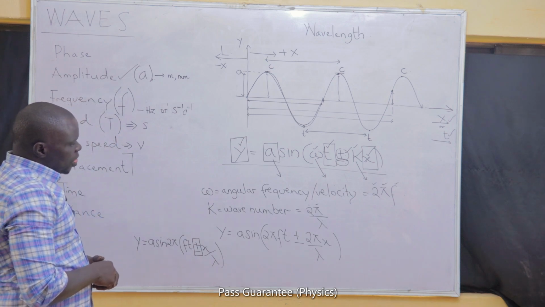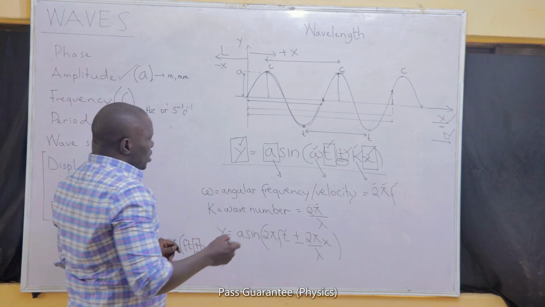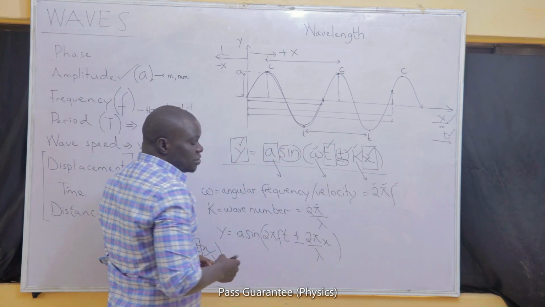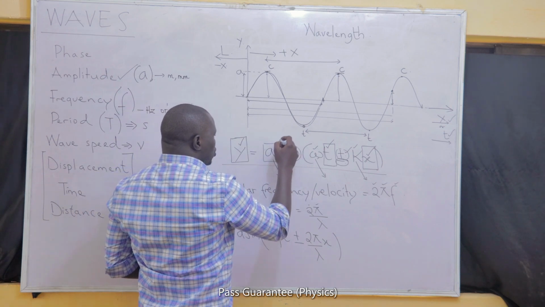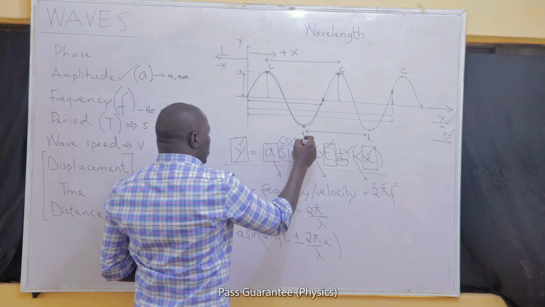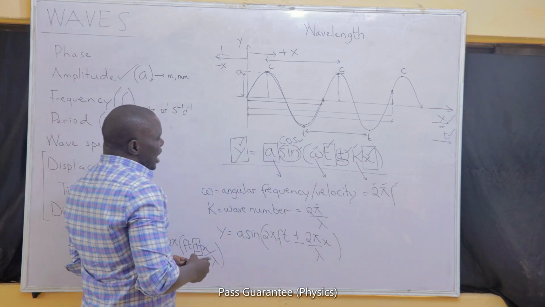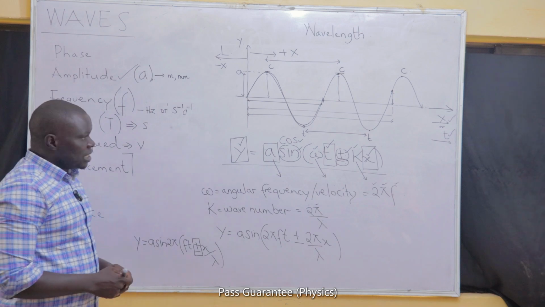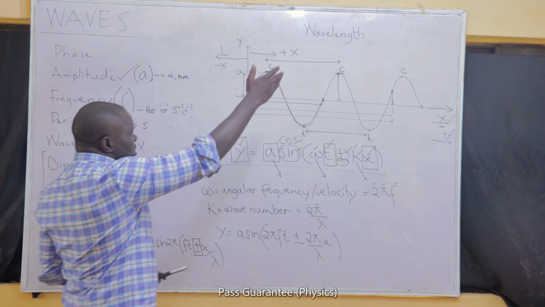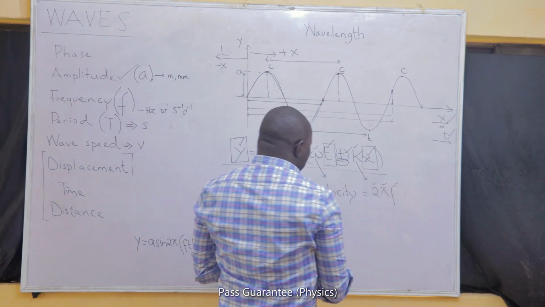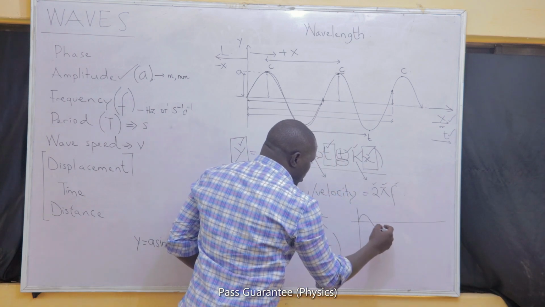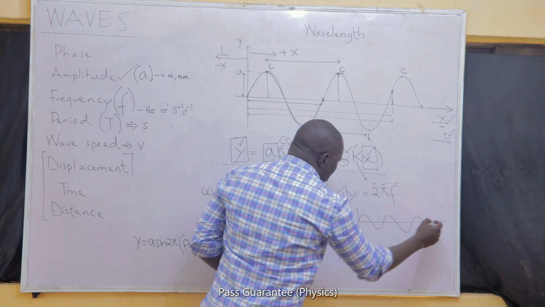Another thing that I need to talk about is that you can also substitute for this sine. It's not compulsory that you have sine all the time. In fact, you can also have cos, because both cos and sine are equations that will give us sinusoidal form, that is, forms that will express the wave in this manner. The only difference is that sine can be used to express a wave that is starting from the origin.